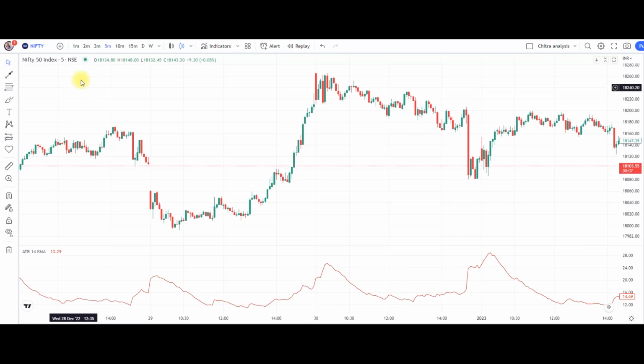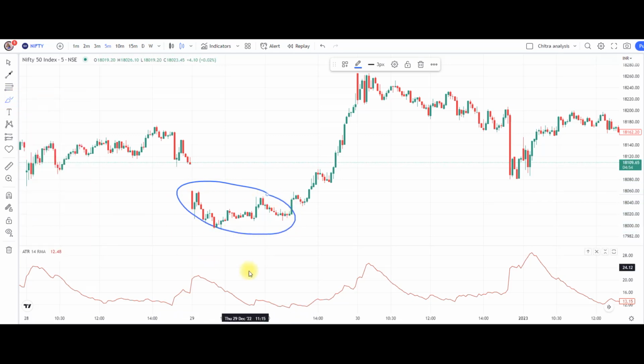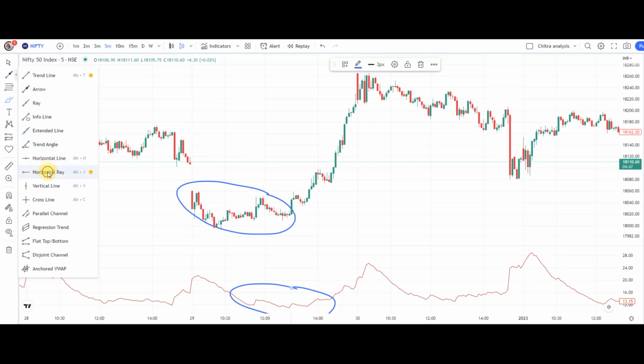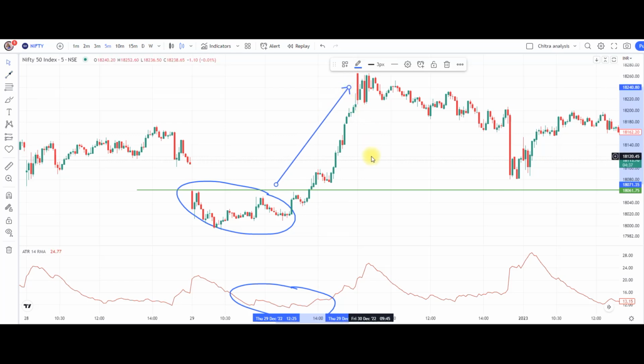This is the Nifty 5 minutes time frame for intraday traders. You can see here this part, the price is in the consolidation phase. When you look at the ATR, there is no movement in the ATR, meaning there is no volatility in the market. We can clearly see that there is a support level here. One can enter into the long trade if this level is taken. So we will enter into the long trade above this candle. We can see that the price is also moving higher.